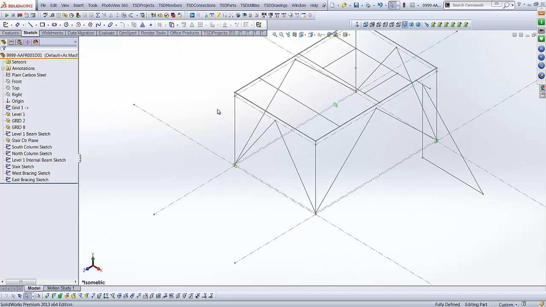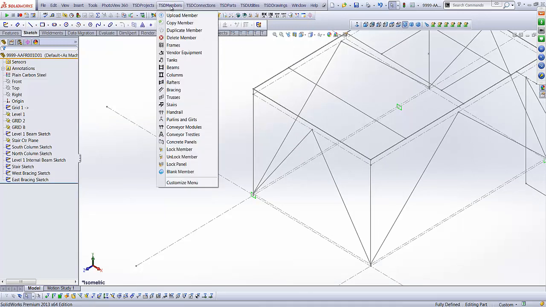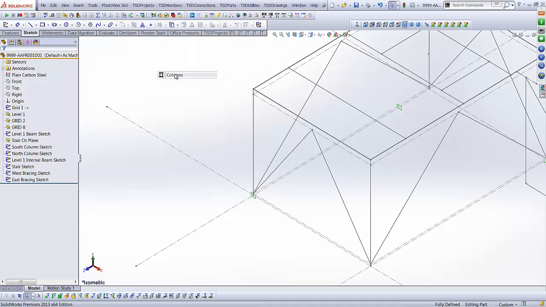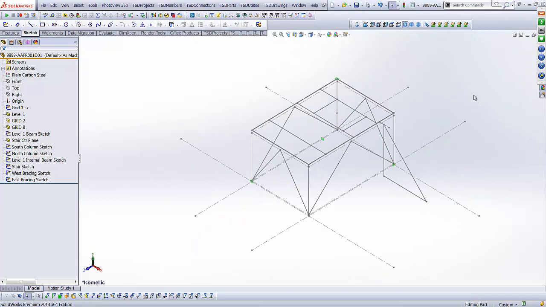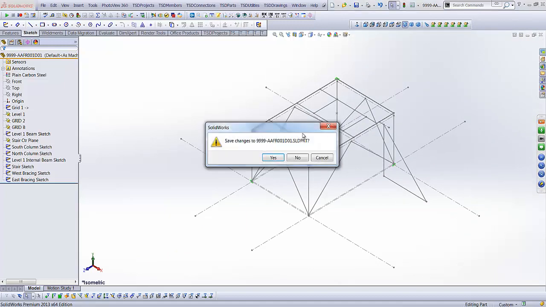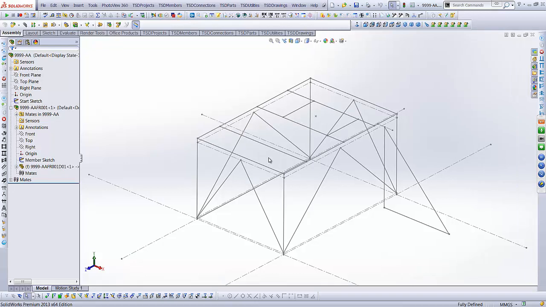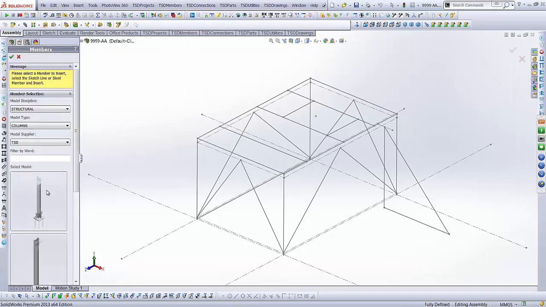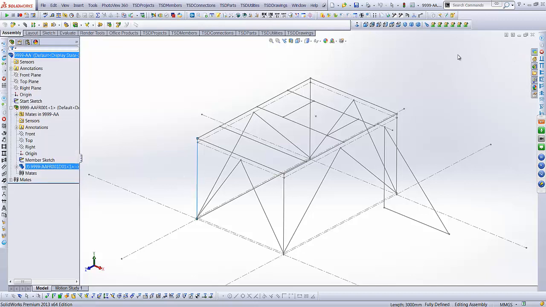What I mean by that is, and I'm just going to show you, under the members, if we go to the columns, I have to be in assembly, sorry, my fault. It's good that I put this functionality in there because it teaches me to behave well as well. Just going to move that out of the road so I can close that off. So now I'm back in my area assembly, and if I go back to my members and drop a column in,